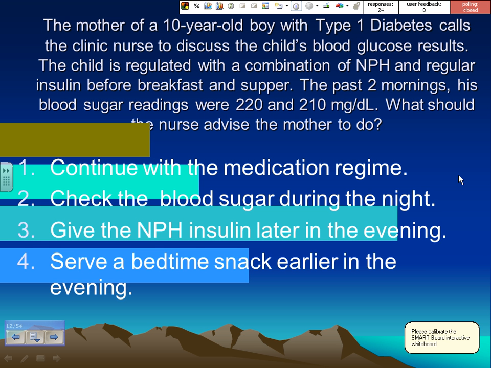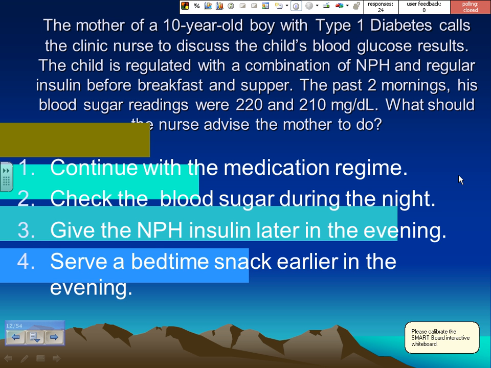serving the bedtime snack earlier in the evening. Would that be the best thing? Well, let's go back to, first of all, what we're doing. If we've got high fasting blood sugars and he's getting NPH and regular before breakfast, so let's say 7:30, and NPH and regular again before supper, which say about 4:30. Giving him a bedtime snack earlier in the evening, yeah, that could effectively lower his blood sugar for the morning,